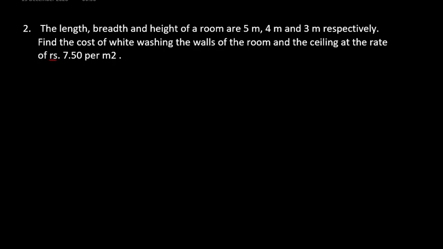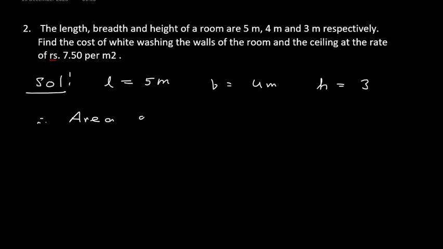Okay, so solution. The problem is almost similar to the previous one. Only here length is 5 meter, breadth is 4 meter, height is 3 meter. Find the cost of whitewashing the walls of the room and the ceiling at the rate. So we have to whitewash all the 4 walls and ceiling. Therefore first I will find area of all walls plus area of ceiling is equals to